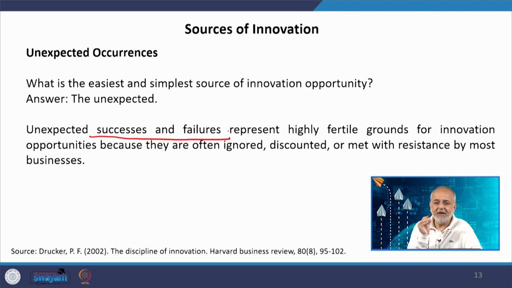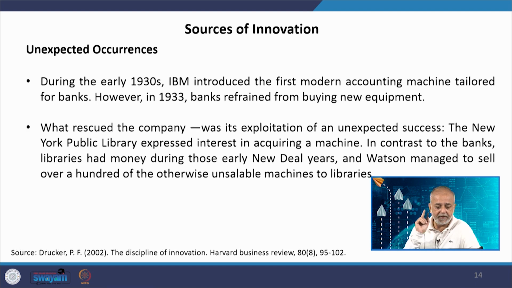Take detailed account of all these kinds of things, and also please revisit the session in which we talked about insight development, wherein connections and contradictions. So, you see, successes are associated with connections and contradictions as well, and failures are also associated primarily with contradictions and connections many times, then coincidences, and here unexpected occurrences are talking about coincidences as well, and that is why Gary Klein's contribution in seeing what others do not is very important for us.